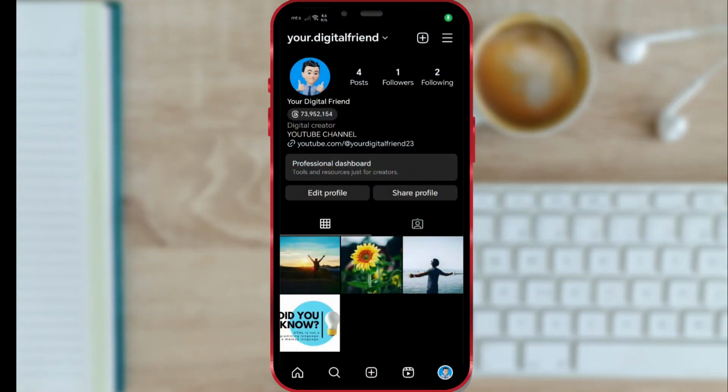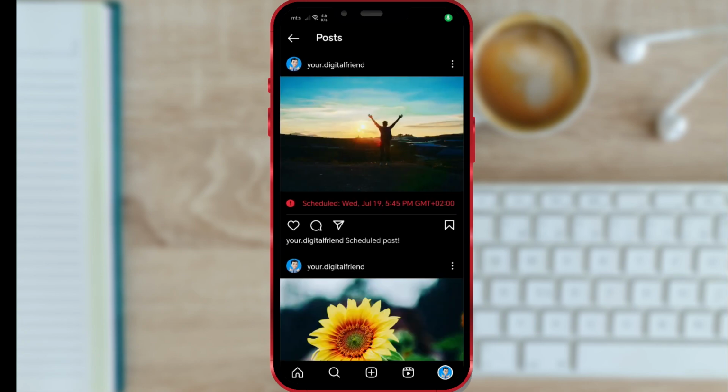Here we are again after a short break. As you can see, when I open the post we created, a message appears stating that it was published using the Schedule